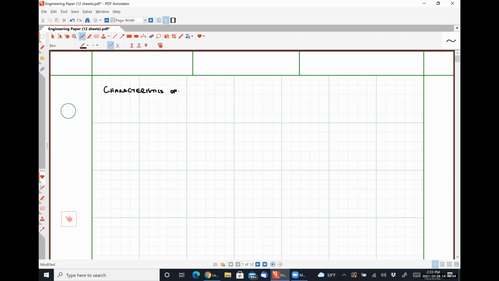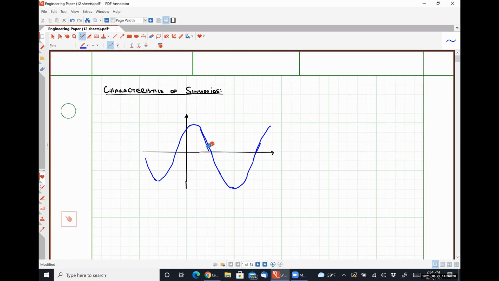Characteristics of sinusoids. So let's say that I have a generic sinusoidal waveform. And I will try to draw this as least crappily as possible, but please bear with me. All right, so this guy is a poorly drawn sinusoidal signal,